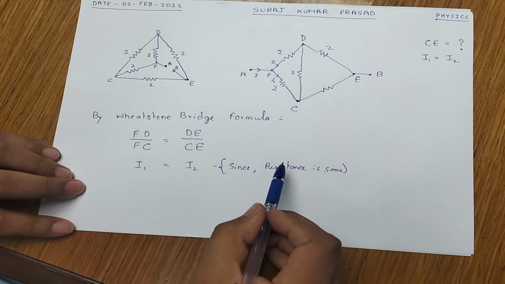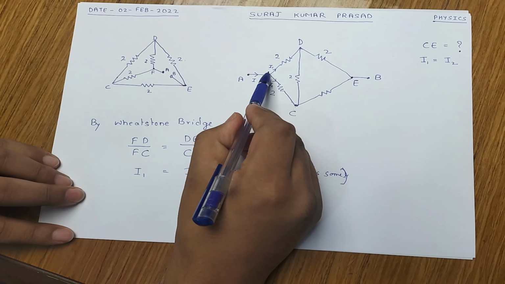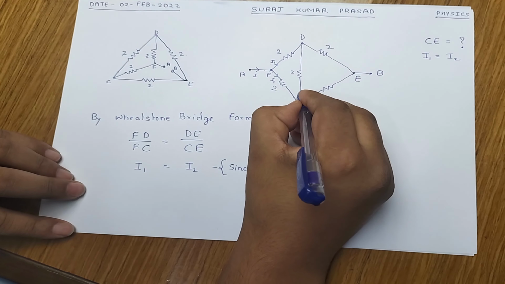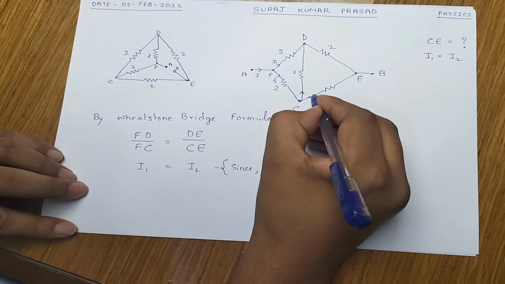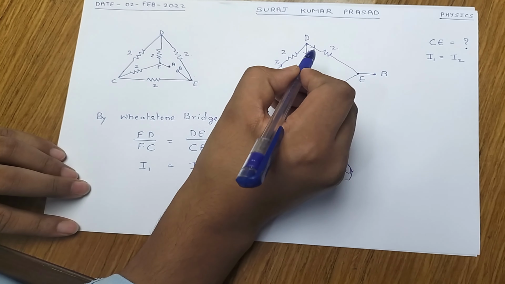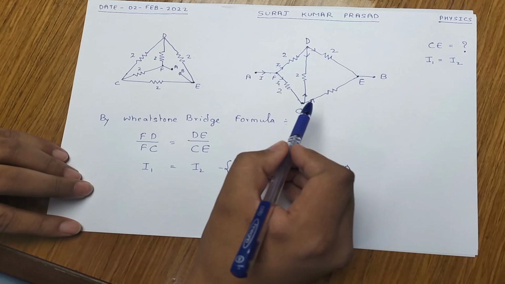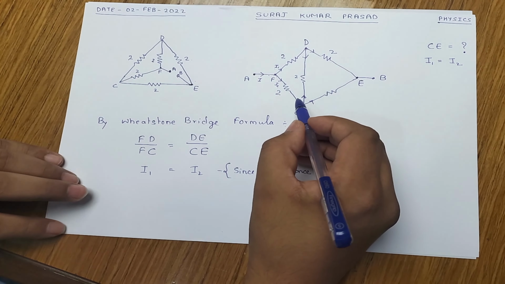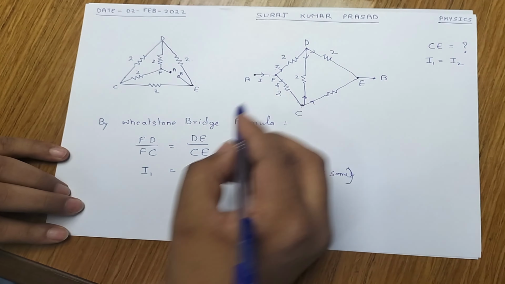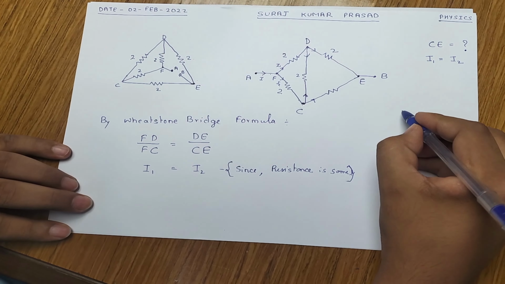Resistance is the same, so we have done that. Now since I1 and I2 are the same, the current again has two directions. Either it can go in this direction or in this direction. I1 can also go through this direction and this direction both. But as we know, in voltage law, now I will say